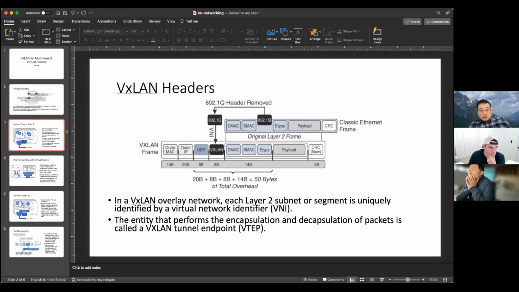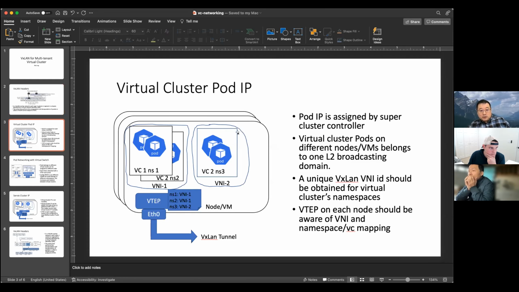So given the virtual cluster pod IP, in the pod IP space, normally pod IP is not doing this. In the IP domain, the pod IP will not use NAT normally, per Kubernetes requirement. So the idea is that we try to put all the... so let's talk about this